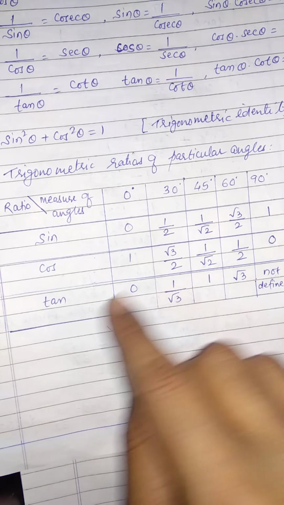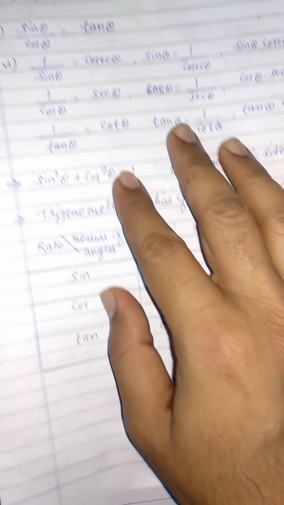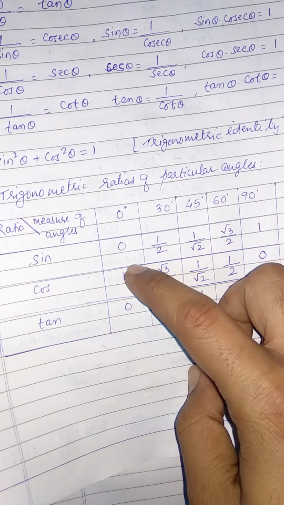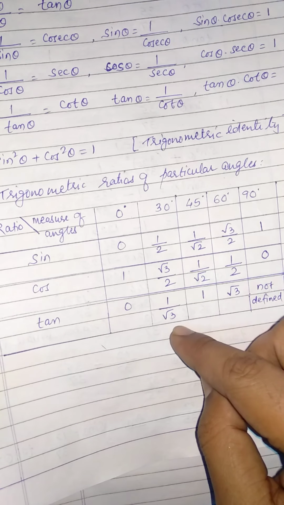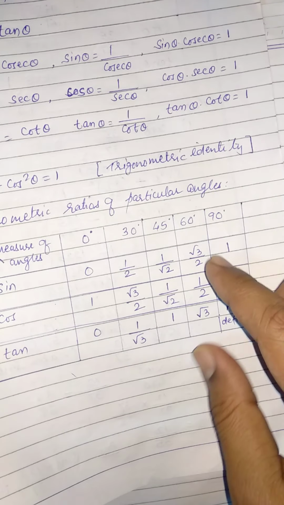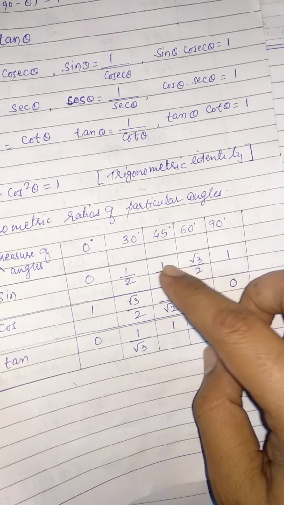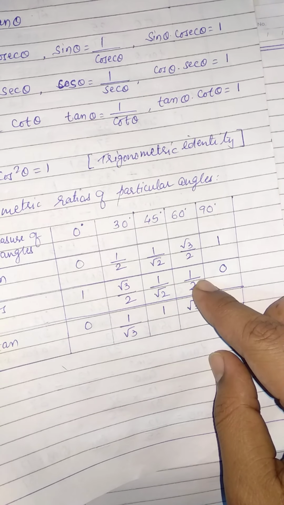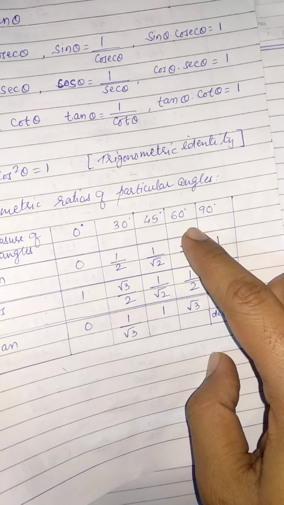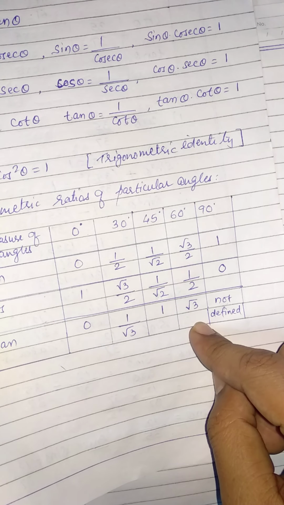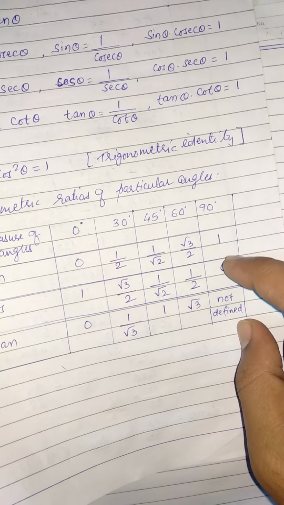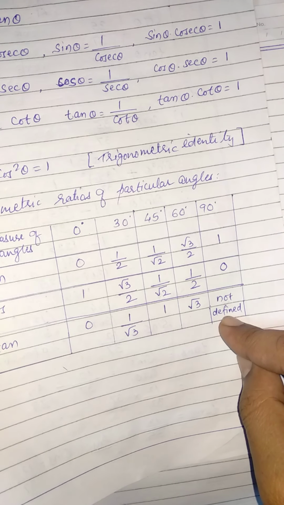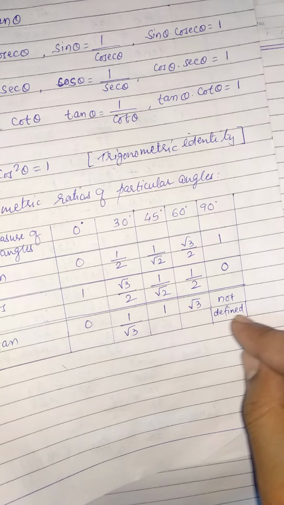For tan theta, it's very simple. Just now you have written a formula: tan theta is sin theta upon cos theta. So simply you can write sin upon cos. 0 upon 1 is 0. And half upon root 3 by 2, 2 gets cancelled, so 1 by root 3. Similarly 1 by root 2 upon 1 by root 2, it is getting cancelled. You are getting 1. Here if you divide both values, you will get root 3 upon 1, that is root 3. For tan 90, 1 upon 0, you cannot divide any number by 0, so that means it is not defined. So tan 90 will not have any value.